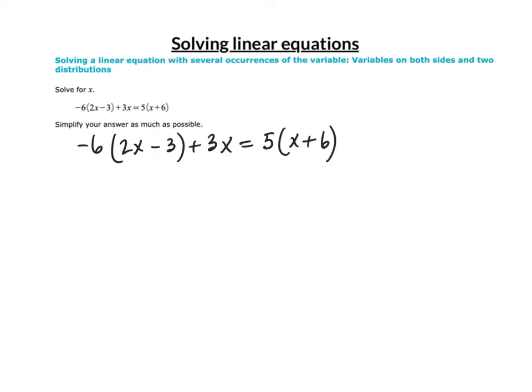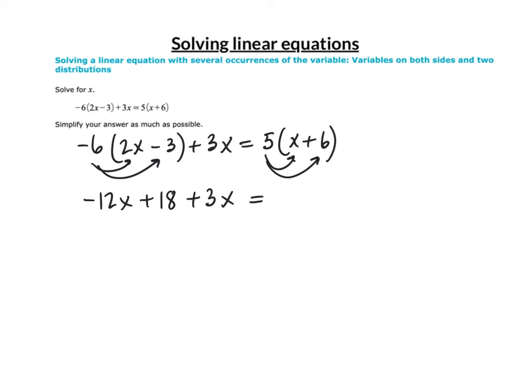Last one. This has some simplifying in it too. The first thing we're going to do though is distribute. We'll take the negative 6 to both inside the parentheses and take the 5 times both inside the parentheses. Negative 6 times 2x is negative 12x. Negative 6 times negative 3, it's a negative times a negative, which makes a positive, positive 18, plus 3x equals,